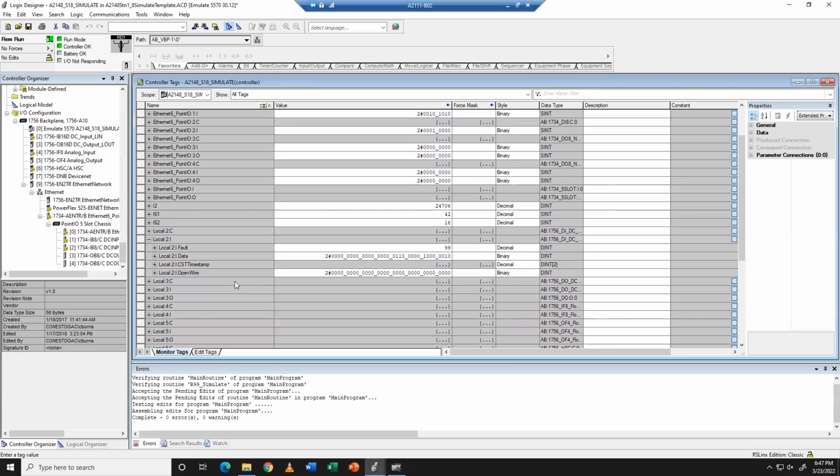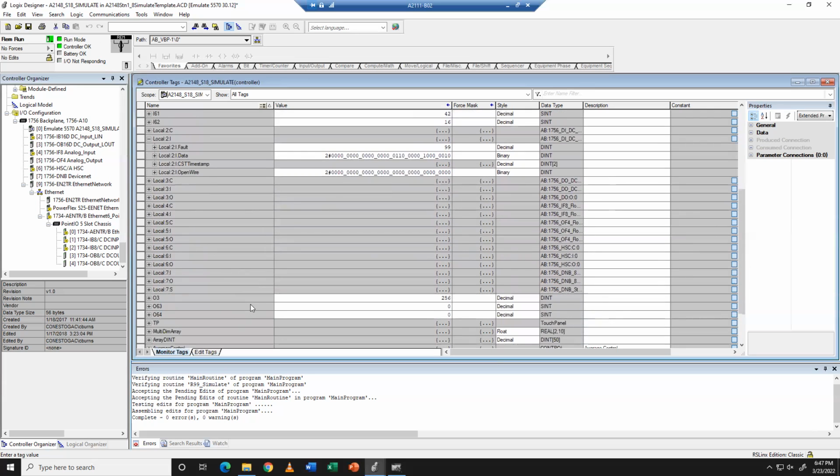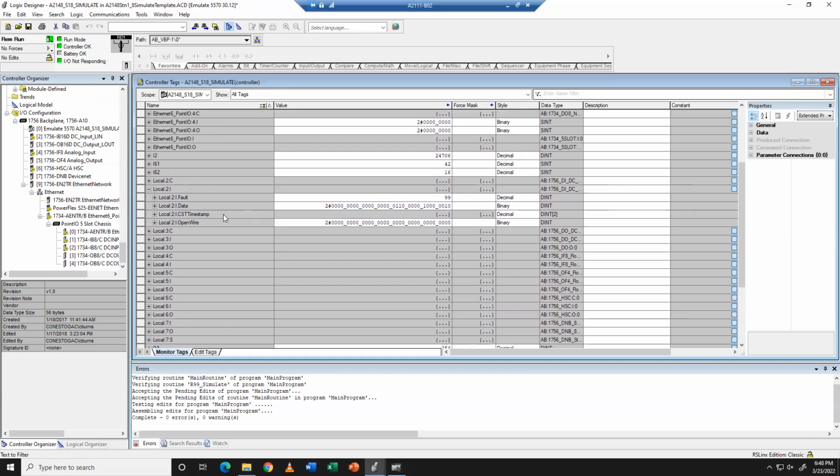They'll either make 5 different arrays, one for each PLC that's reading from it, or they'll make one huge array and say PLC 1 reads 0 through 9, PLC 2 reads 10 through 19, et cetera, et cetera. That's a programming style, but it's an example where I've seen aliases used,